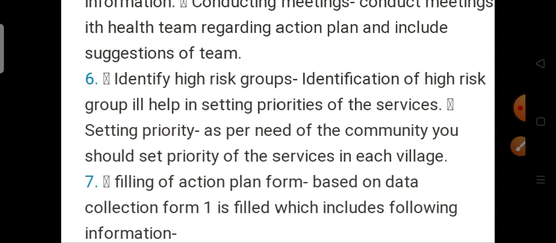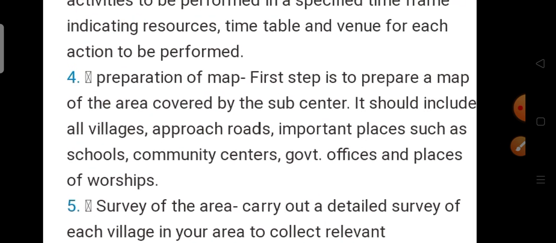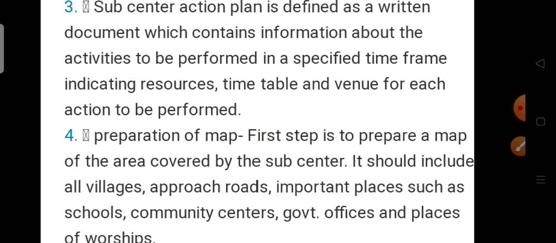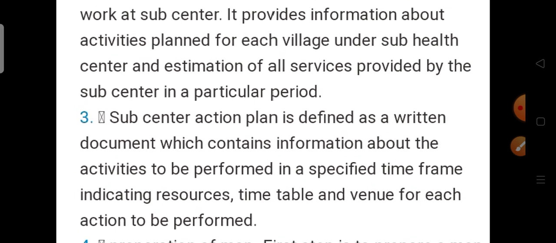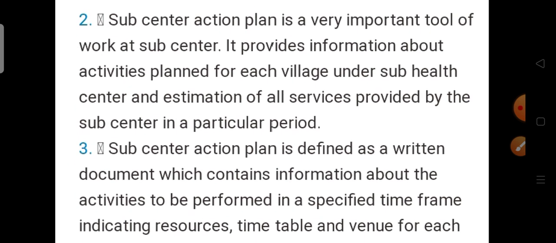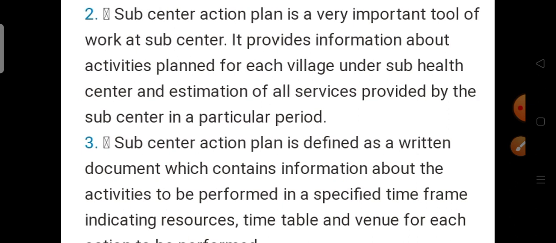Next one, filling of the action plan form. Based on data collection, a form is filled which includes the following information. So these are all the points. So how to organize the subcenter means first we have to do what? First, an action plan should be there. The action plan is a very important tool to work at the subcenter. Okay, the subcenter action plan is defined